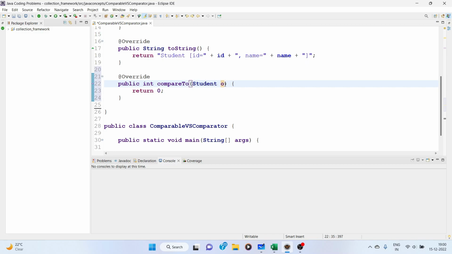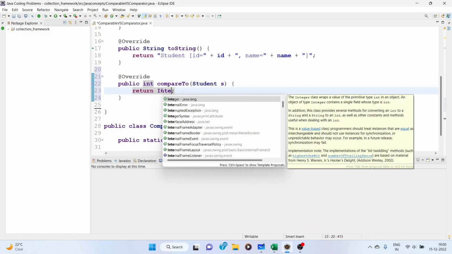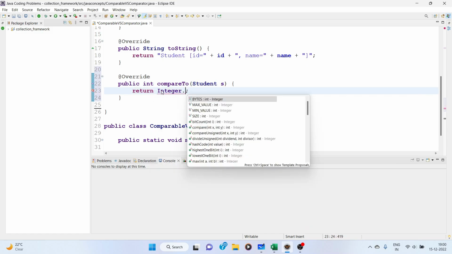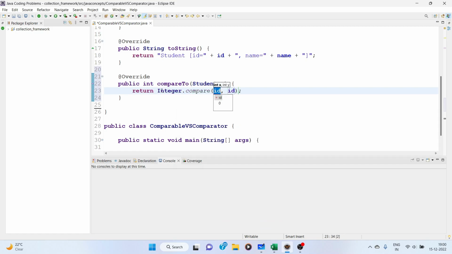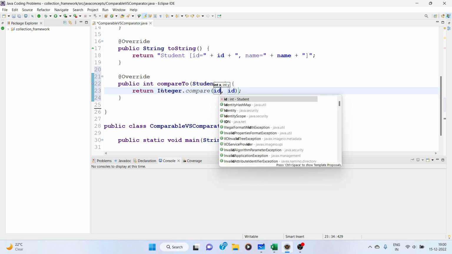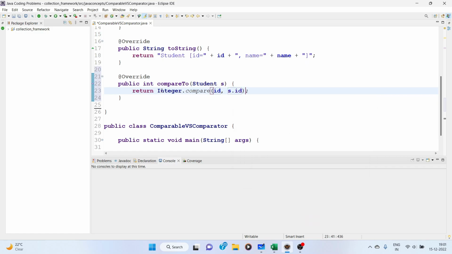I'm changing this variable to s for convenience, and you can just write Integer.compare. It has a method compare, and in compare you pass the id,